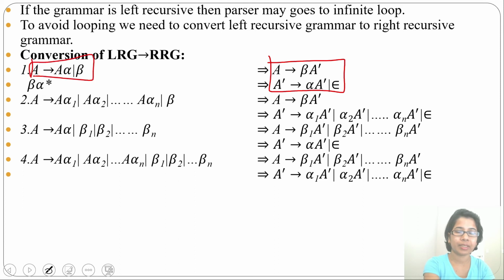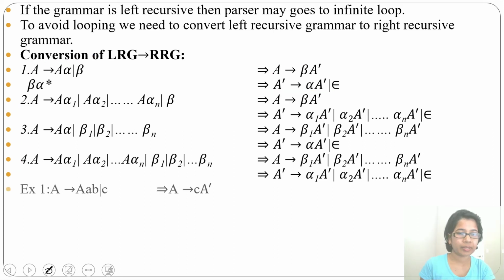This is a left recursive and this is a right recursive. These are just some variations of this formula. Let's see one example. From A, you can derive A B or C. Now what is alpha and what is beta? This is our alpha, this is our beta, and here this is A. Now what will be the regular expression for this? It will be C, then A B whole Kleene closure. Let's try to write the right recursive grammar for this same.